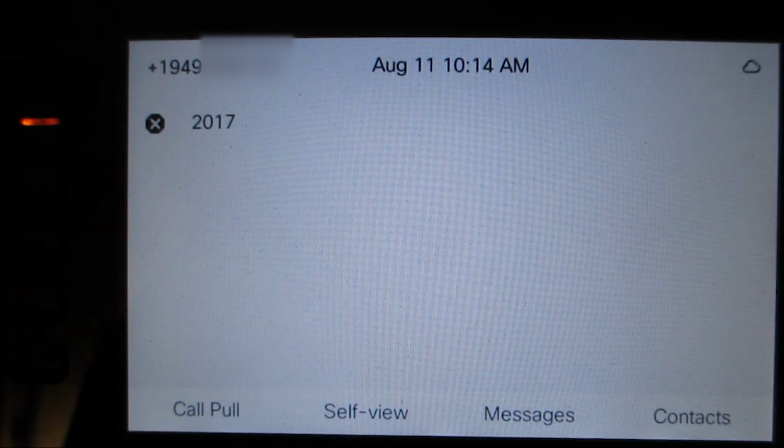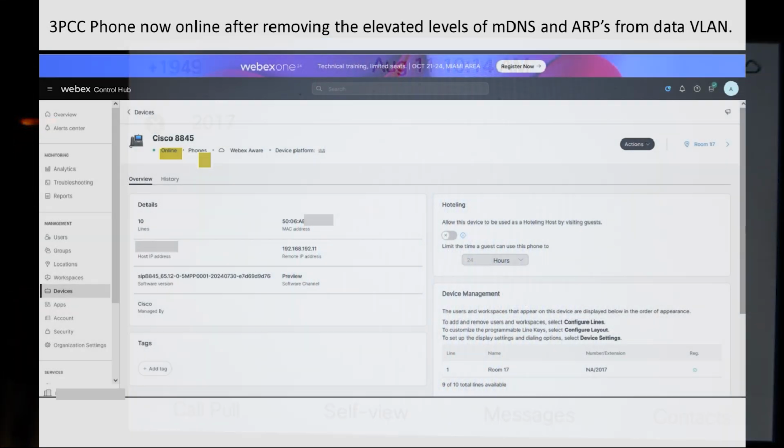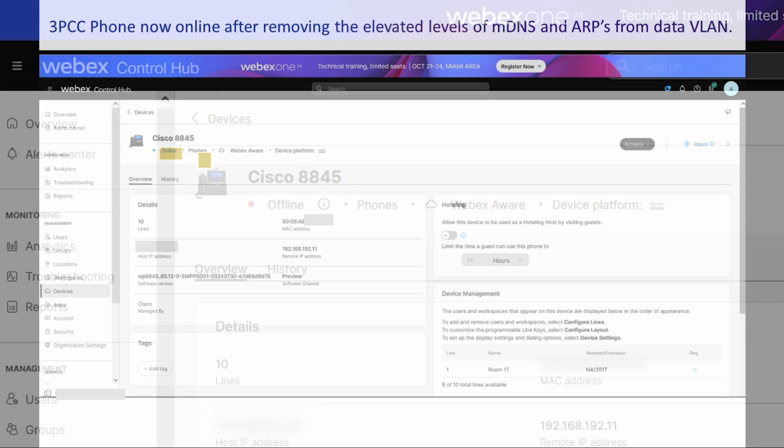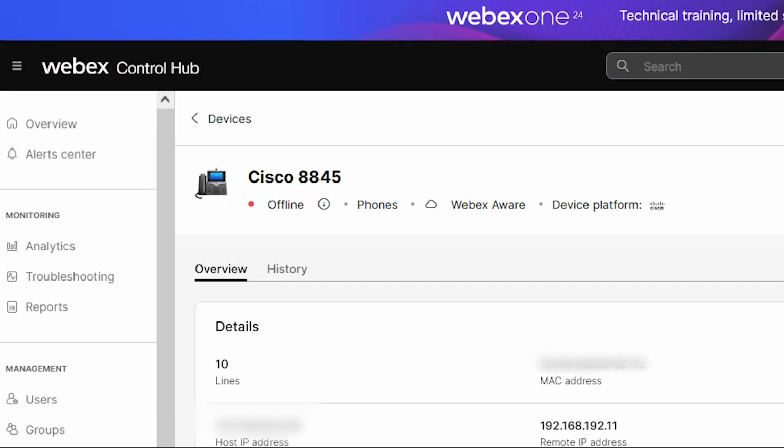I was going to do some additional errands and then come back a little bit later and then take a look at it, do some captures and see what I can figure out. So I came back probably around 11:30ish, and both phones were registered back, and I can actually make calls, etc., which was interesting. Again, I did not touch anything. However, when I started digging in deeper, that's where I had noticed the 8845 was showing offline in WebEx Control